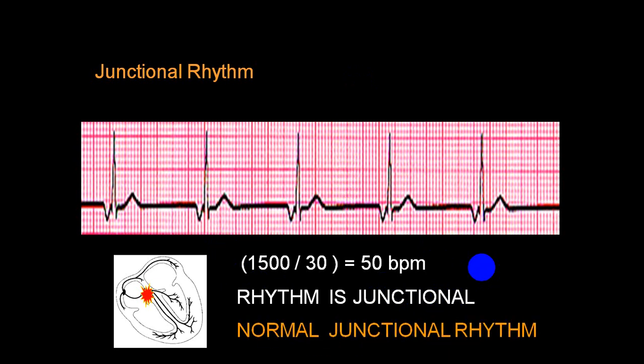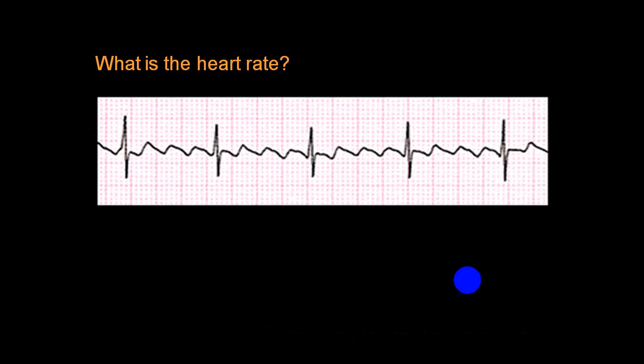So this is a normal junctional rhythm. Now you can see here that this is an ECG paper which shows you a rhythm strip where the RR interval is nearly constant, and you see there is a wave. This is sawtooth appearance. These are called flutter waves. These are P waves. So there are many P waves, but few are transmitted. So this is called a block. So every fourth P wave is transmitted.